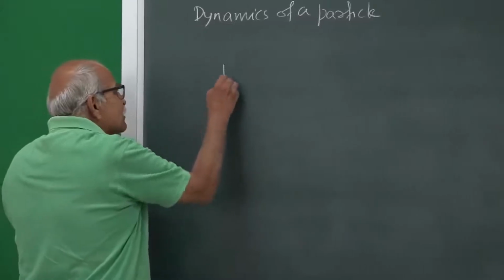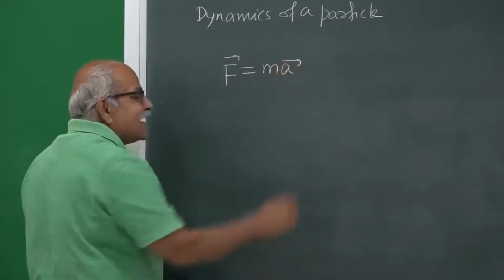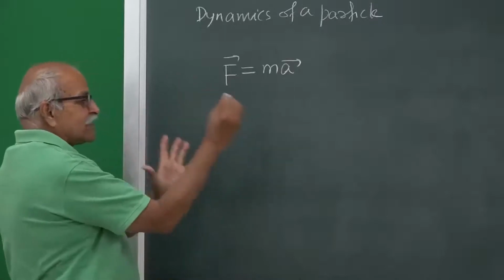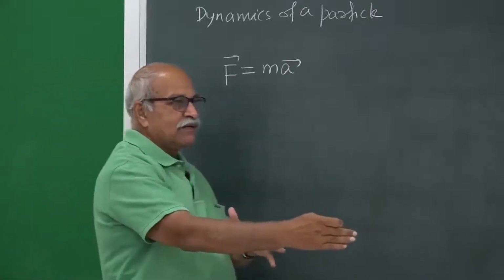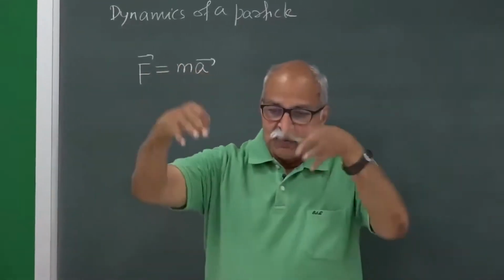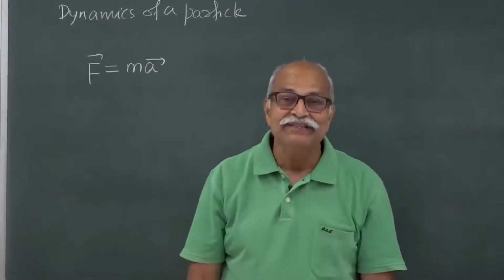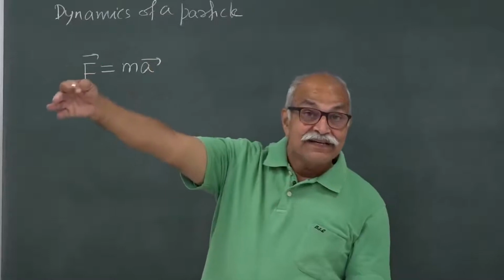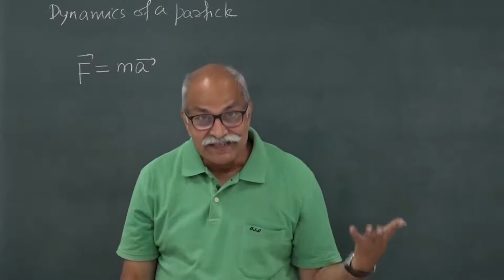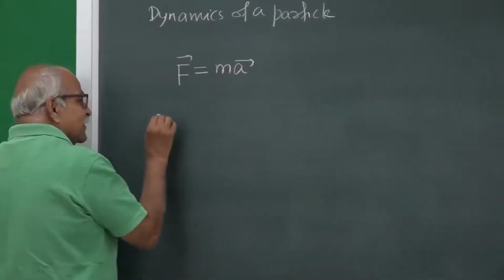So, the basic equation is very simple, force is equal to ma, and the stated problem of dynamics is that at a certain time you know the position of the particle, you know the velocity of the particle, and then as time passes you know at each instant what is the force on the particle, and then you have to predict that at a given later time where the particle will be and what will be its velocity. So, that is the problem. So, what is the problem? What is known at certain time, which we